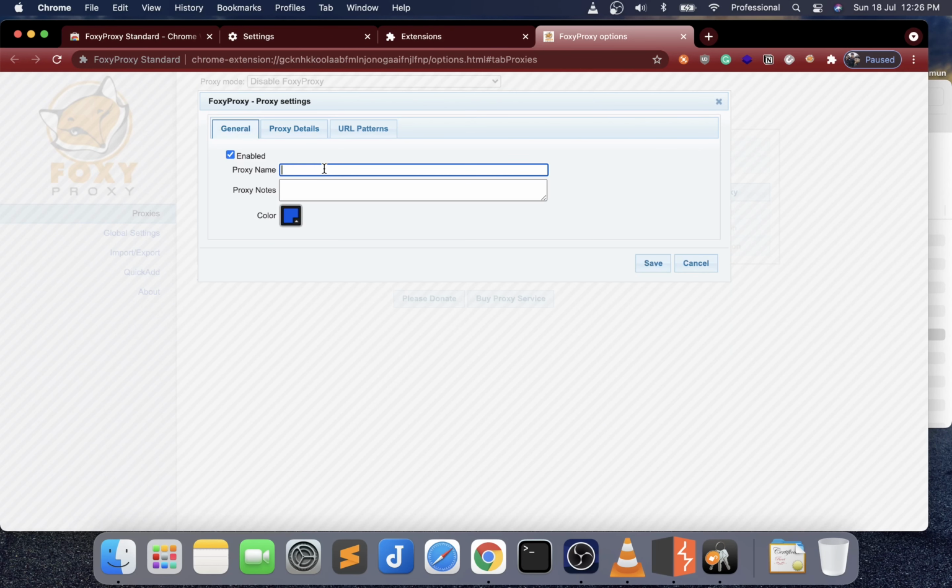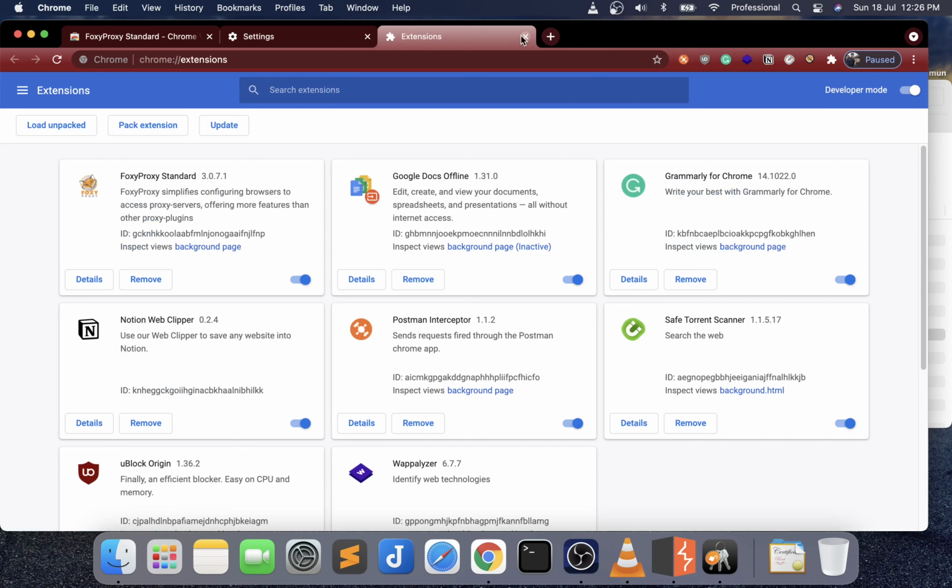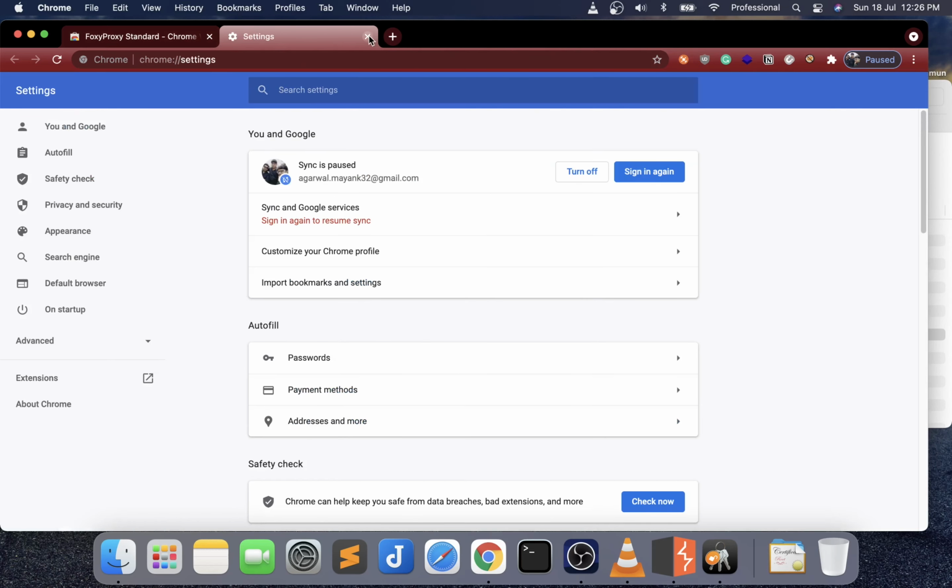We will give it a name, Burp Suite proxy, and save it. Now you can either do this proxy or you can do a system setup of proxies, but that will be a huge hassle going forward, so we will just be using Foxy proxy. So now we have done Foxy proxy and other setups.